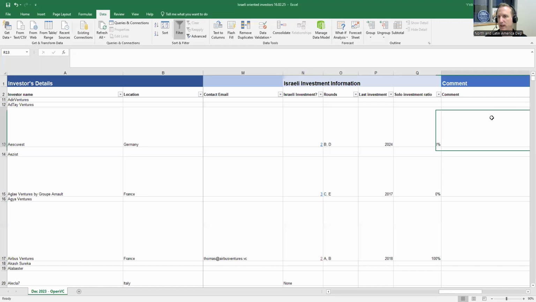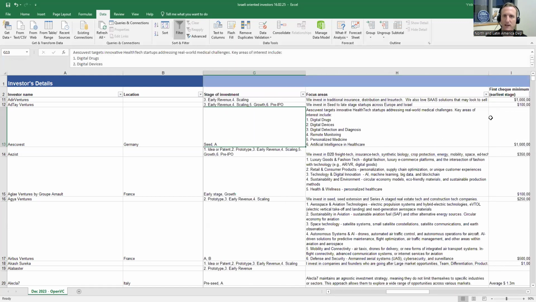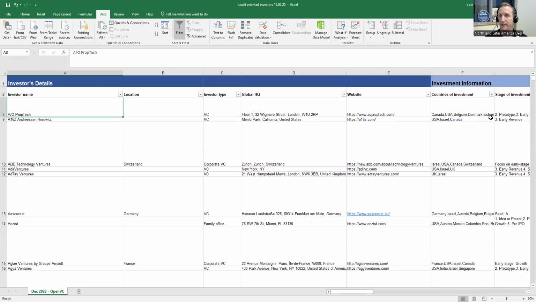And we have comments. Sometimes I added specific information about a specific investor. And again, when you want to see the information, just go through the list. Now, let me showcase a few case studies, okay? How you can use this list effectively, because at the end of the day, the idea of this target list is to help you. So let's say you are based in France and you have